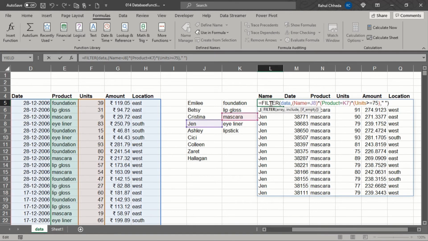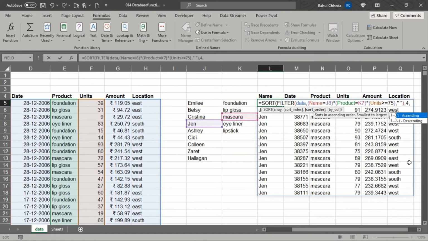So here I'm just going to double click and edit the formula, and after is equal to, I'm going to put the sort function, open the bracket. So the first argument is array, that array will be returned by the filter function itself. Then after the bracket here of the filter function, that is the last bracket, we'll put a comma, and it's asking for the sort index number. So in the table which we have, the index number for the units column is 4. So we'll put here 4,